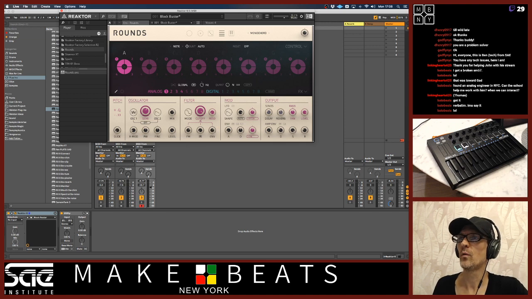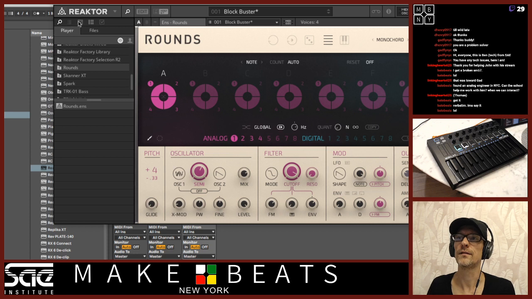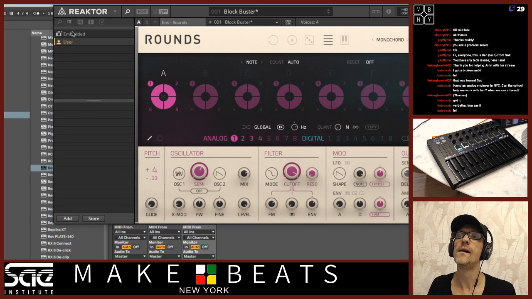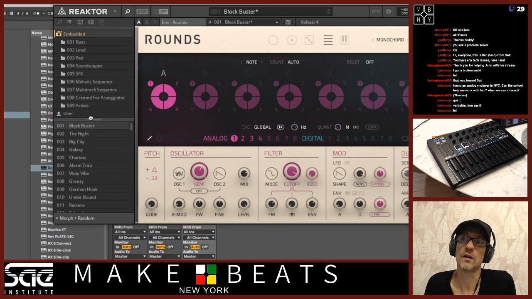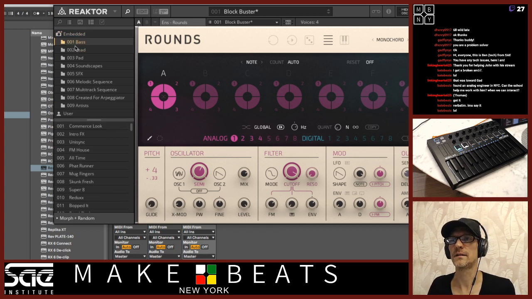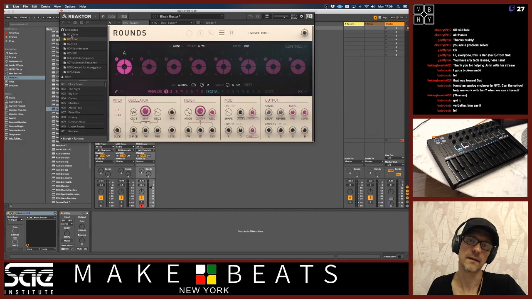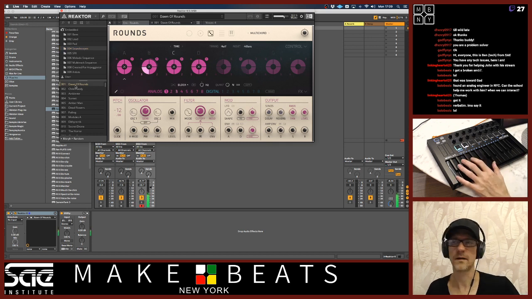Now, once you've got one open here, I can click on this little button up here on the left. See this little button here? Click on that, and now this has my snapshots. The snapshots are like the presets. That's what Reaktor calls presets, the snapshots. Again, if it has a plus sign, then it's basically a folder you can open up. And inside here, there are a lot of different types of snaps, like different basses and leads and pads and stuff like that. Rounds is good for soundscapes and stuff. It's also good for bass, but it's